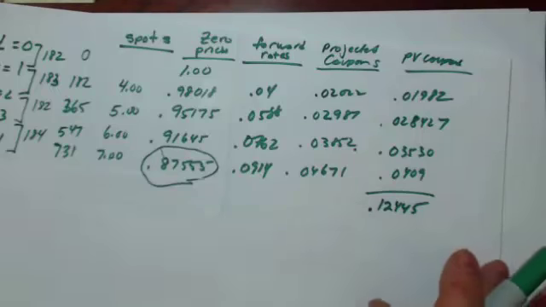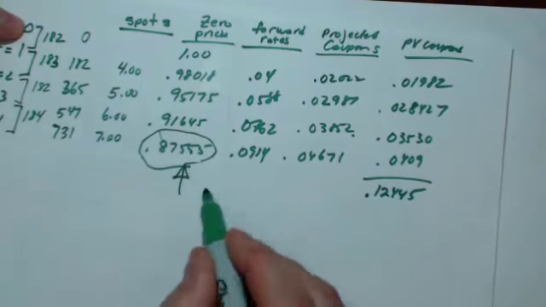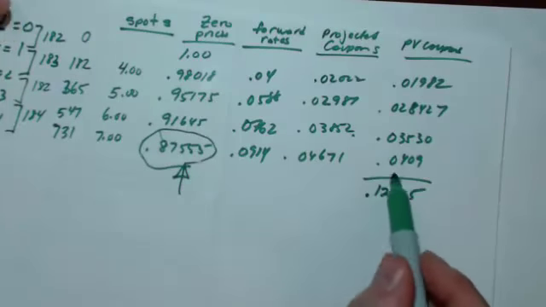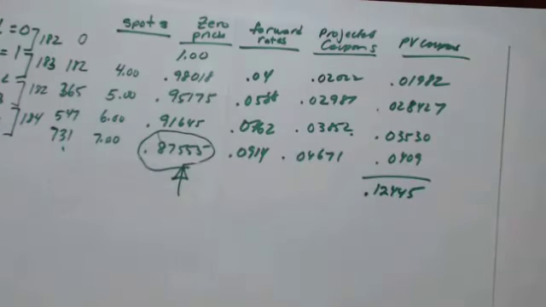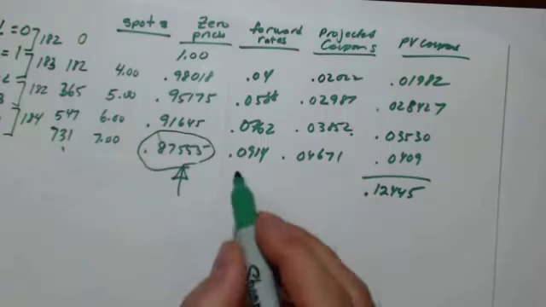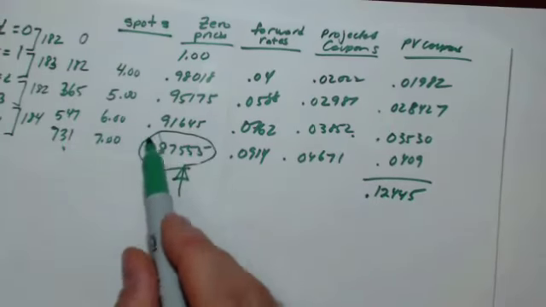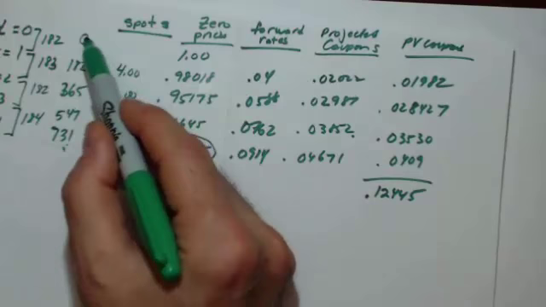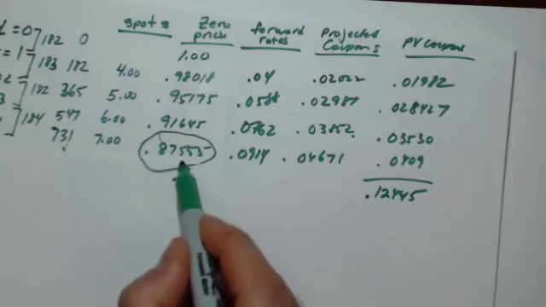There's one more thing we have to add to this, and that is this guy right here. We know that at the end of the life, at 731 days from now, we're going to get $1 principal back on this note. We collect coupons and we get our investment back, our principal, par value. And that's $1 we're getting right here. So what's the value of $1 today? You multiply $1 by the 0.87555,